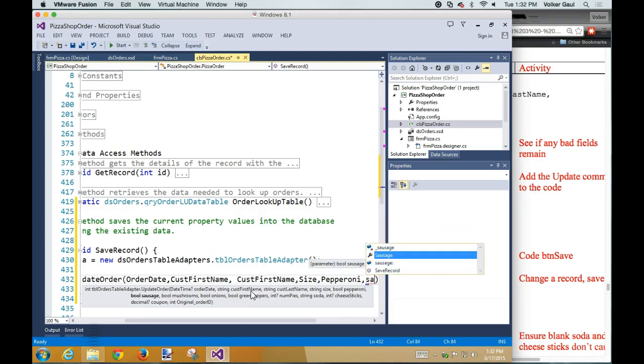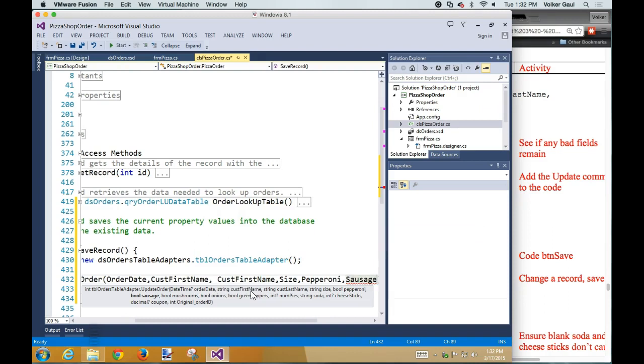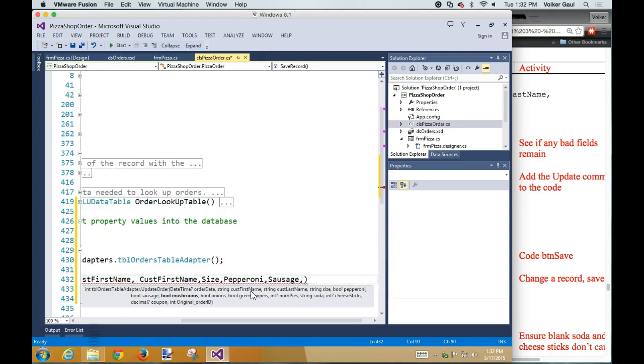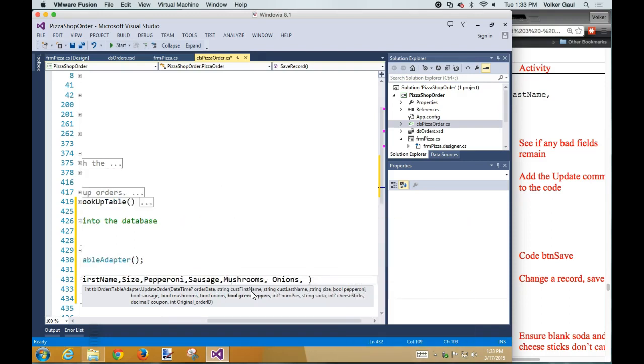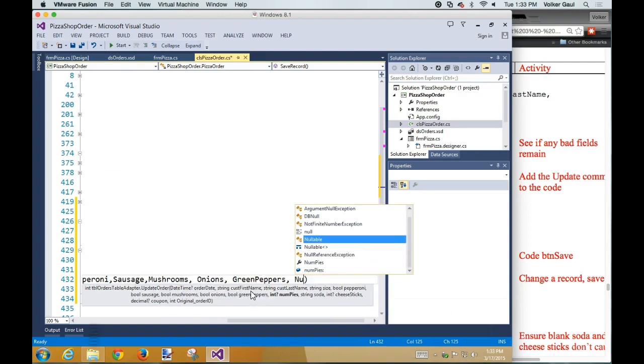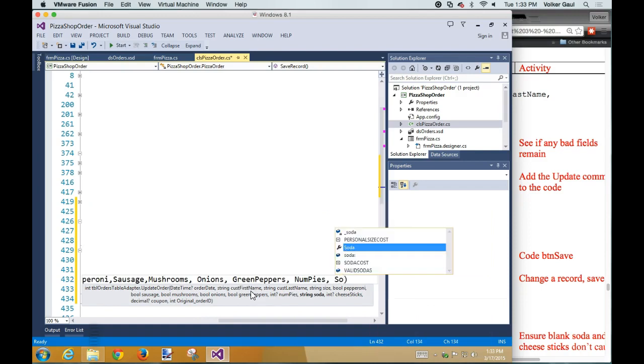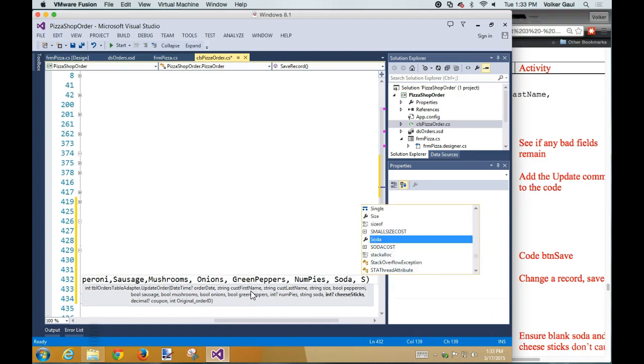I'll type a little bit. As soon as I get the right one, you start with a capital letter, that helps. Sausage, and as I type down below, the boldface just keeps moving over. Mushrooms, onions, green peppers, number of pies, soda, cheese sticks,